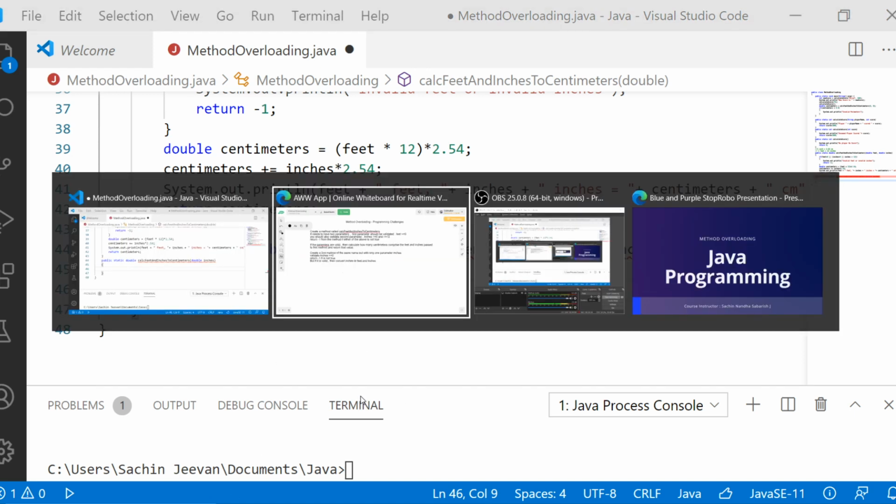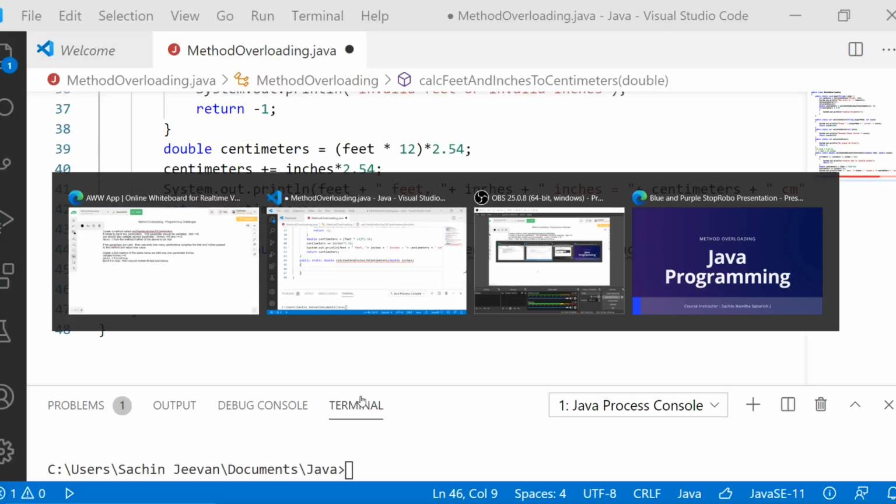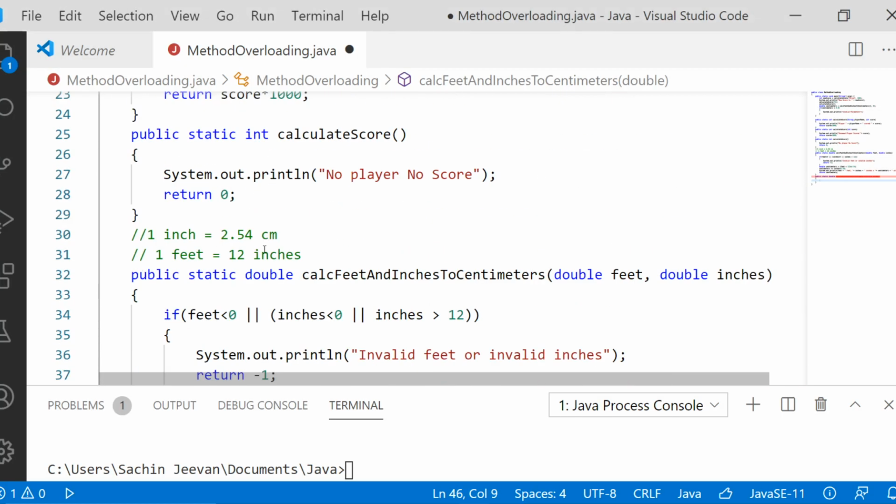Okay, look at the statement here. I think I made it clear here. 1 inch is equal to 2.54 centimeter. 1 feet is equal to 12 inches. So if I want to convert from feet into inches, if 5 feet, then 5 multiplied by 12 inches. But if I want to convert inches to feet, do the reverse, divide it by 12. Divide the inches by 12, you get feet. Multiply feet by 12, you get inches. Can you see? 1 multiplied by 12 equal to 12 inches. 12 divided by 12 equal to 1 feet.